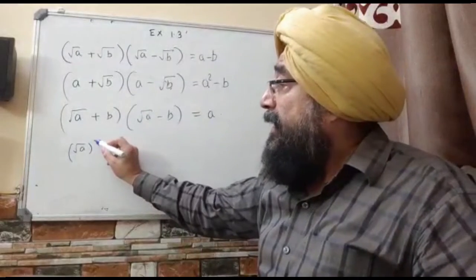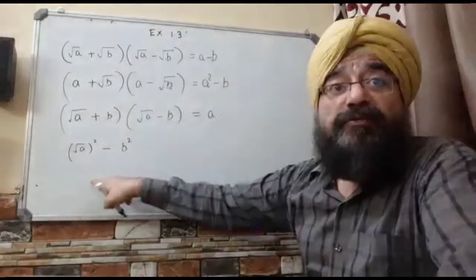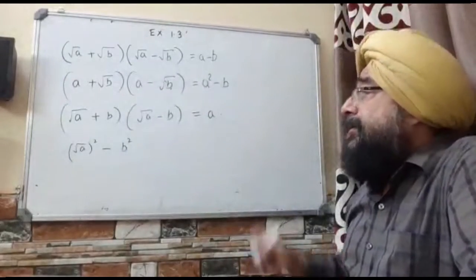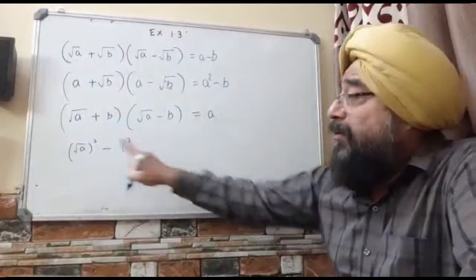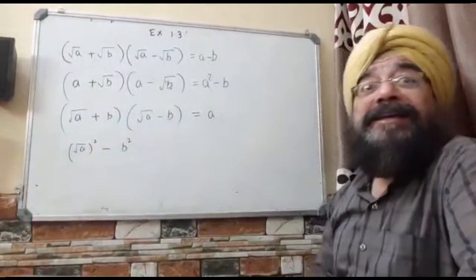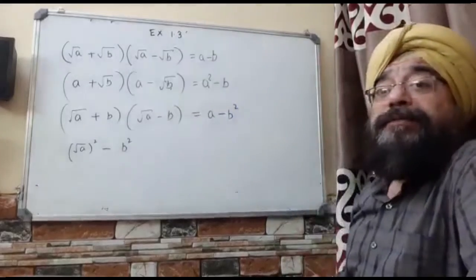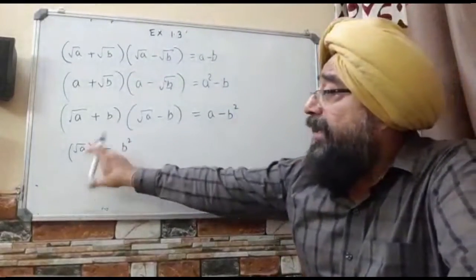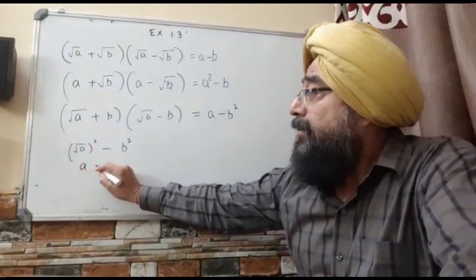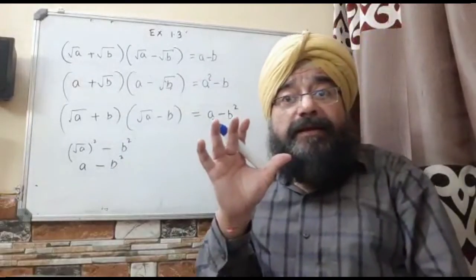देखो रूट ए का स्क्वायर माइनस बी का स्क्वायर, तो ये क्या हो गया यहाँ? ये तो तुमने सही बोला, इसके बाद क्या हो गया ये? a square minus b square. नहीं ए स्क्वायर नहीं स्वीट हार्ट, नॉट ए स्क्वायर, a रूट minus b square. हाँ ये बोलना चाहिए तुमको। ये बन जाता है ए माइनस बी स्क्वायर। क्यों? क्योंकि रूट ए का स्क्वायर तो ए हो जाएगा ना, और माइनस बी स्क्वायर।